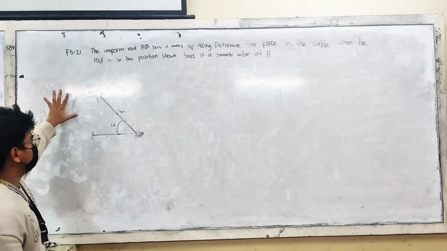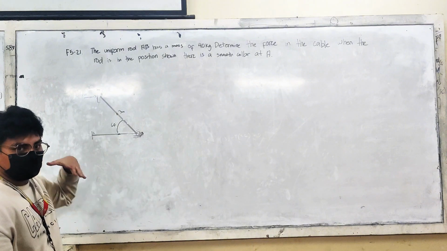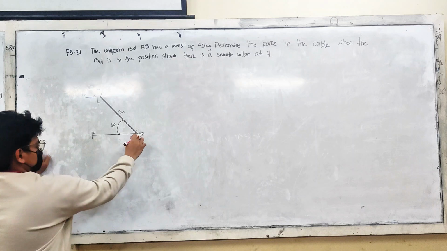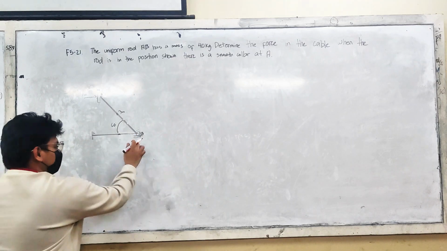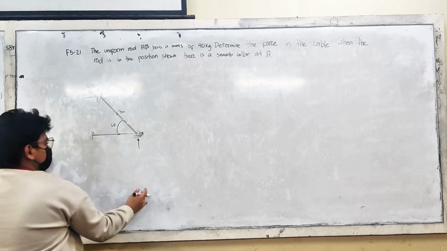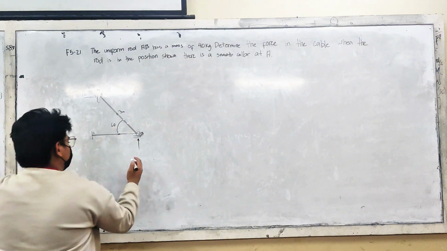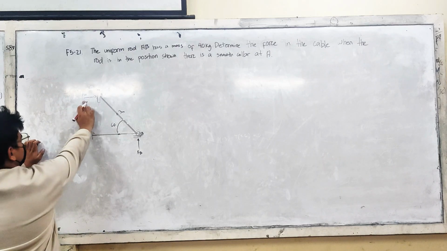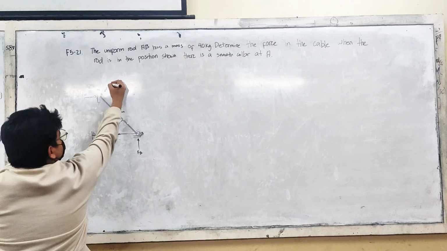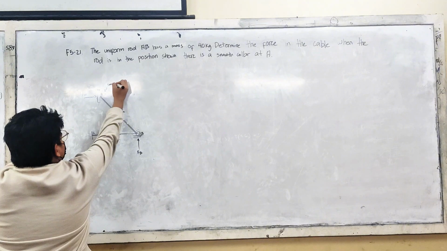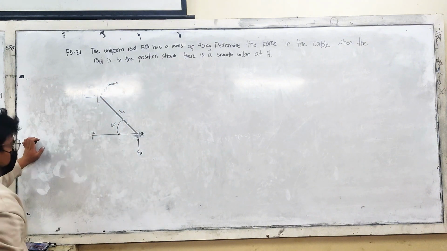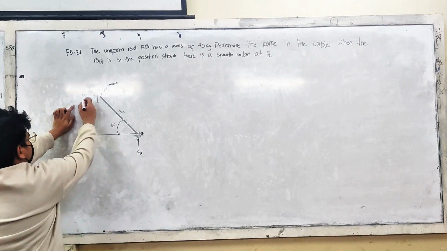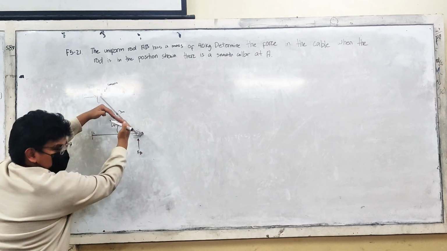So as you can see here in the figure, we need to find first our reactions. So we have here our FA. But since this is a roller, it has only a vertical reaction, which we call FB. And here we put our reaction here. So this is a smooth collar, which means it has no reaction up and down. So we put our FA here because it is compressed.